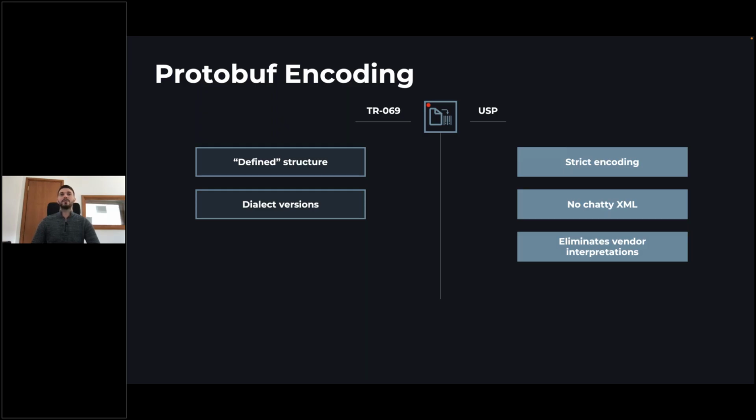One of the other key points here is that it doesn't have this chatty XML form, as we call it, meaning that the form takes a lot of the session itself, so the structure of the message is, I would say, the majority of what we get, while the actual information is really minor. So by having this more strict structure, which only has the information that we need, we improve on time, we improve on load, and overall reduce the stress on the system, the device, and the network.